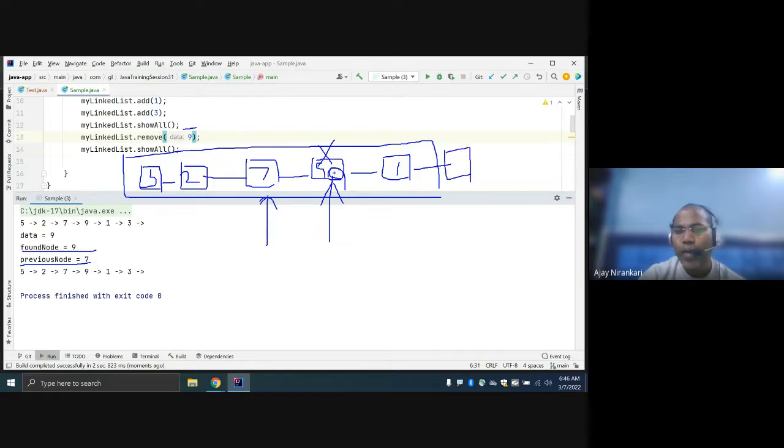So you have to note the address it contains. Currently the previous node holds the address of 9, but now the previous node should hold the address of 1, so that from here it jumps to there. So whatever address the found node holds, copy the address of the found node to the previous node's address.